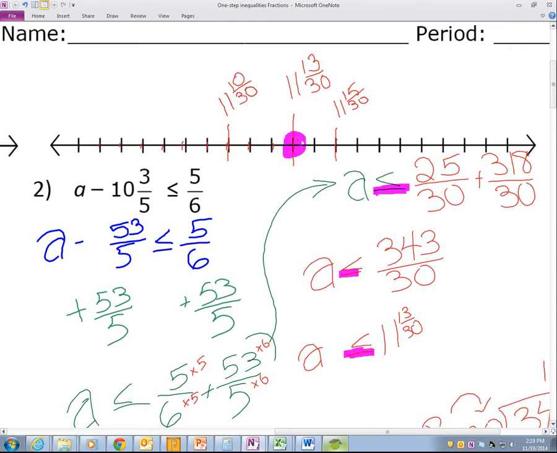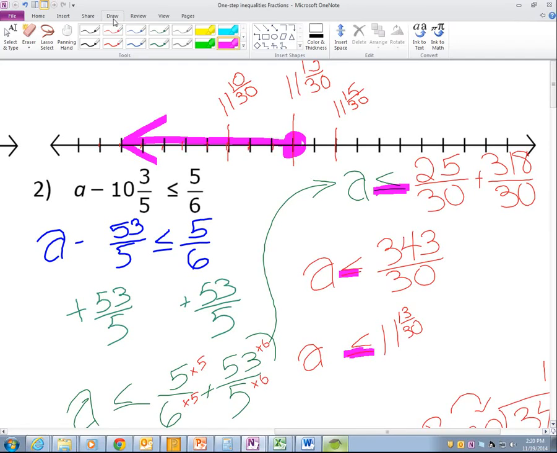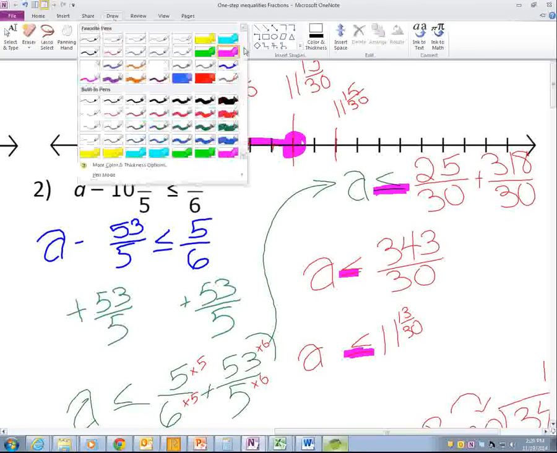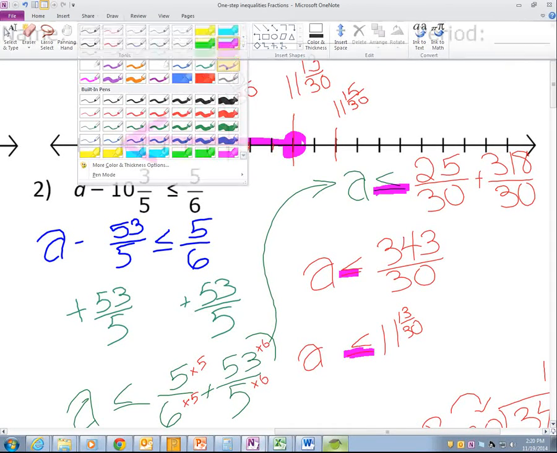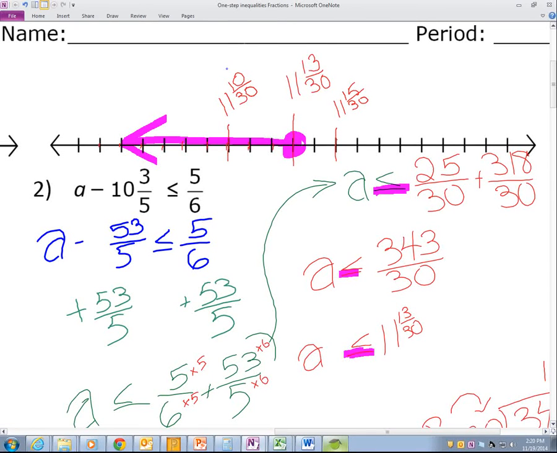And does it go to the left or the right, Sydney? The left, correct. Goes to the left. Yes, ma'am? So, we go the opposite way that the arrow is going? If you go the opposite way the arrow's going, okay. You're going the opposite. How am I going the opposite way? Because,